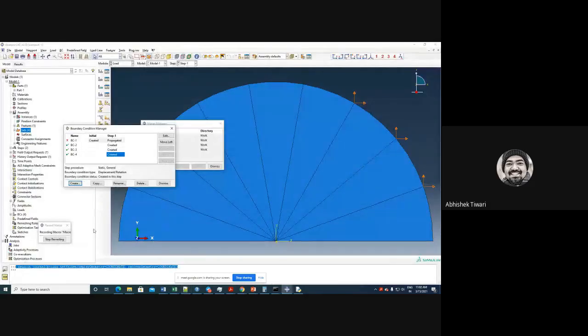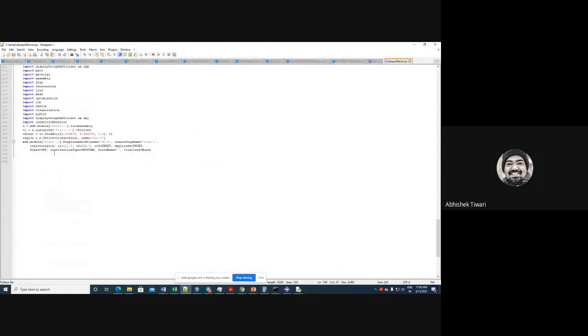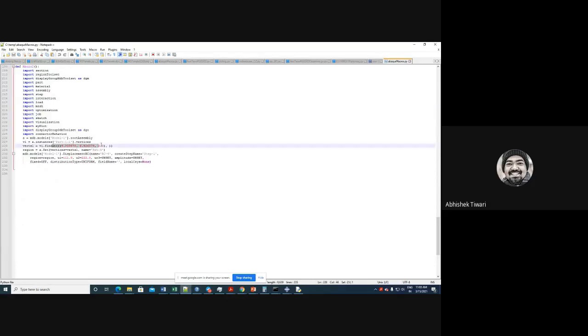Now hopefully, because I've written this line, it will apply the boundary condition using coordinates. So let us see. Macro 2. Yeah, so here it is now finding the vertex using the coordinates, not by masking, you see. So now I can work with this.